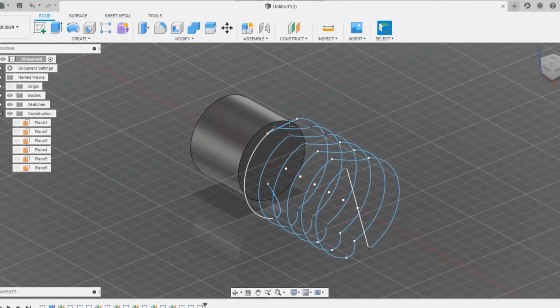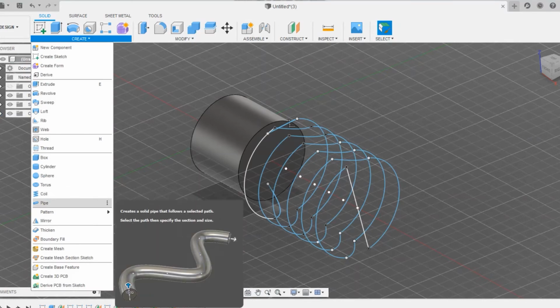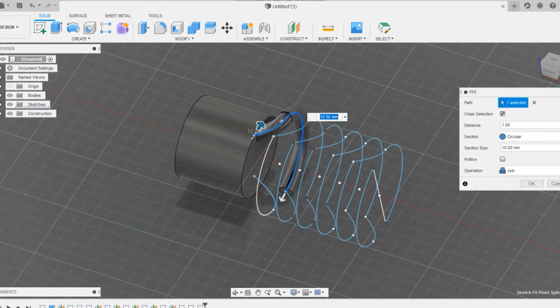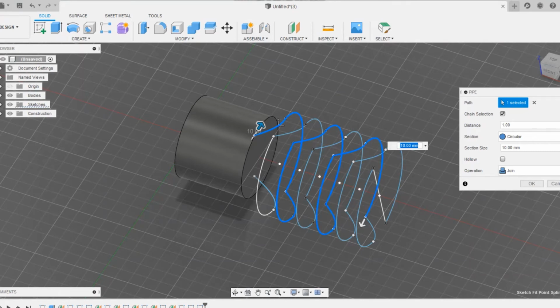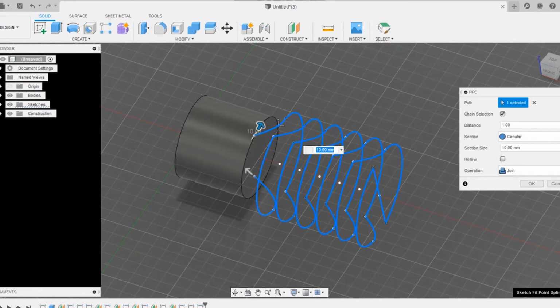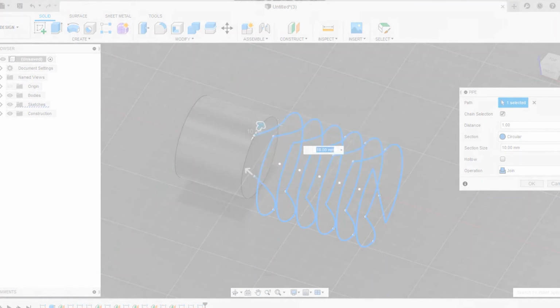Now we are going to see I'm using the pipe command. I'm selecting one line. It just follows the connectivity of the path. You could see over there, it just follows the connectivity. When it reaches the up, it's just going to fill up those things which are not connected. You could see everything just follows the connectivity. This shows that we have connected in a proper manner. This proves that the body is connected properly. Our lines have been connected properly. I got an error. Okay, we just wait a second. Done.